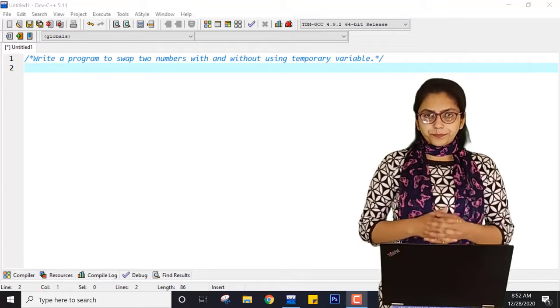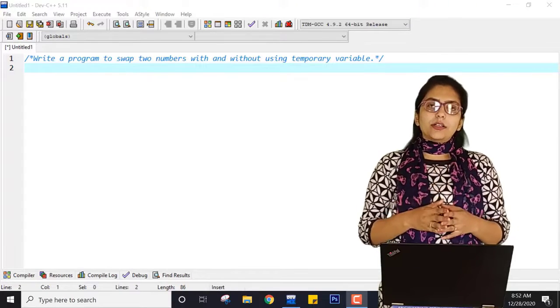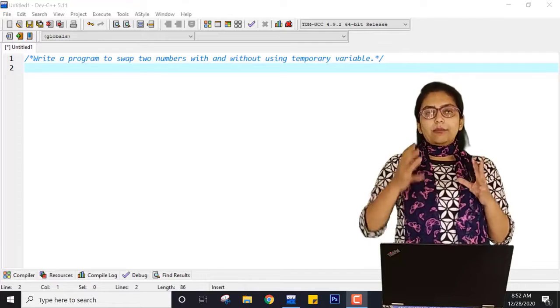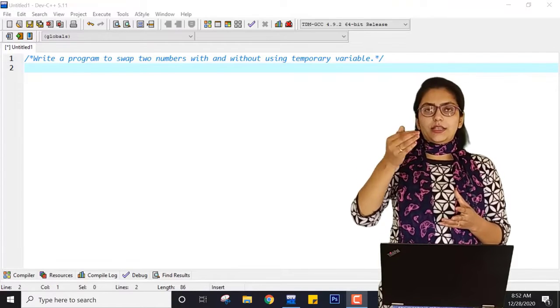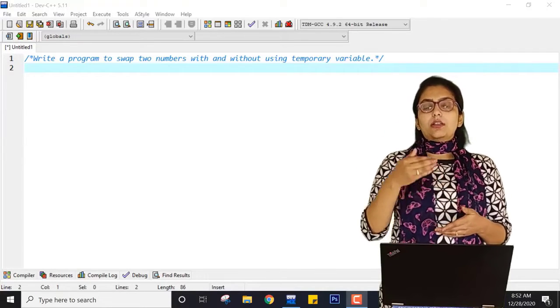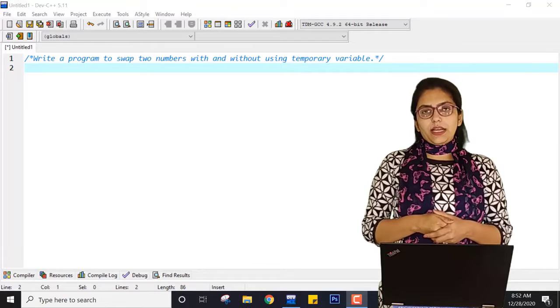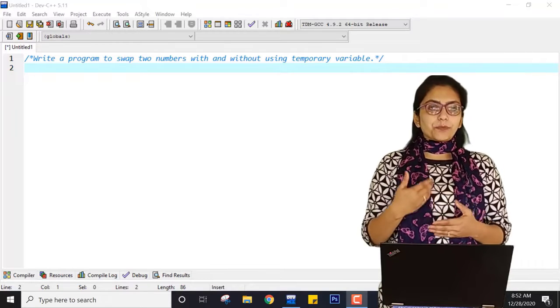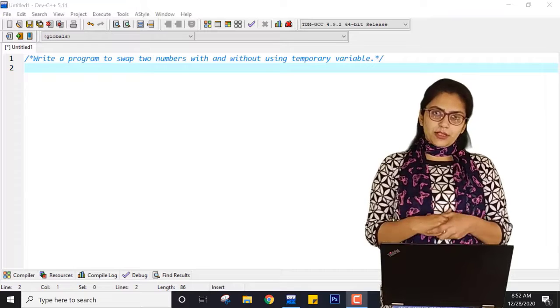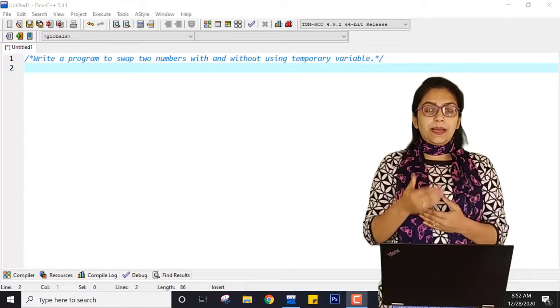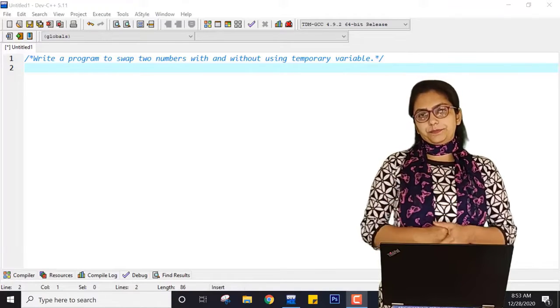Now what I want to perform? I want that whenever I am doing some kind of logic, then after that if I print the value inside the variable a, then it must be 2. Similarly for the value inside b, it must be 10.